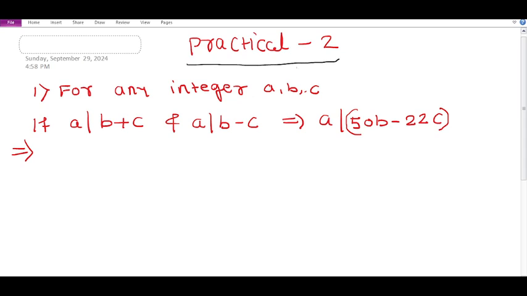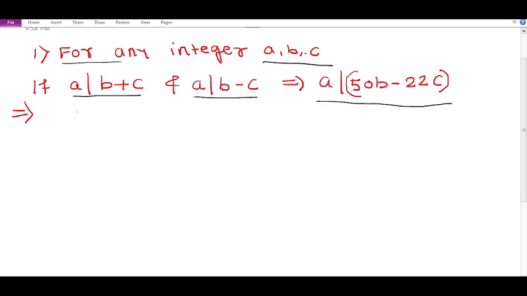Practical number 2, example number 1. For any integers a, b, c, if a divides b plus c and a divides b minus c, then we want to show here that a divides 50b minus 22c. Now, given